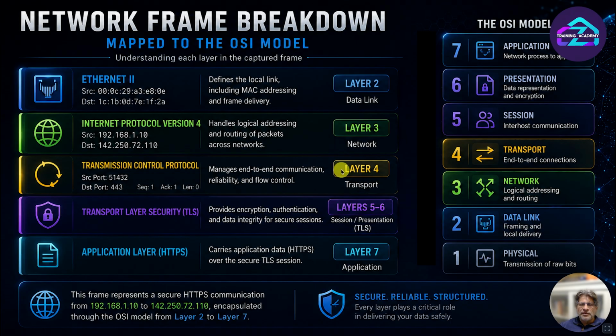Then you saw layer 4 information, the transport layer, which is the source port and the destination port. Then you saw layer 5 and 6 information, which is the TLS, and it will tell you